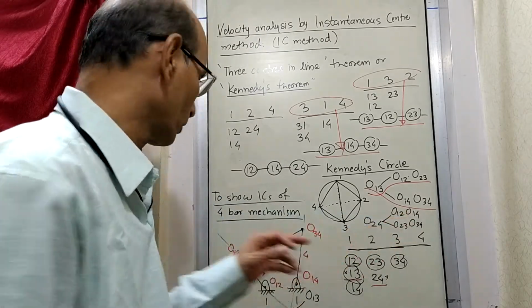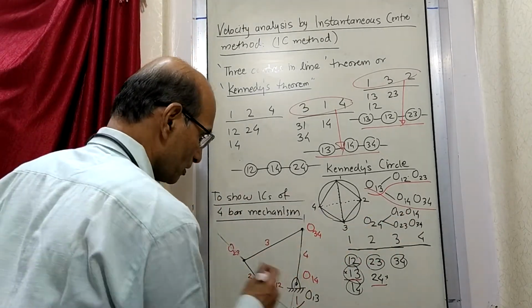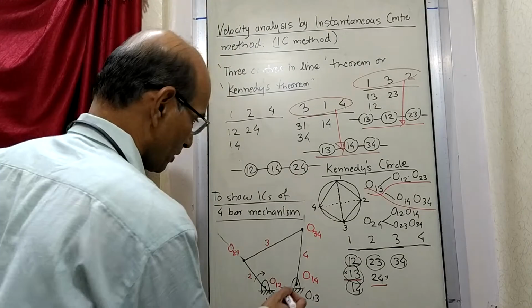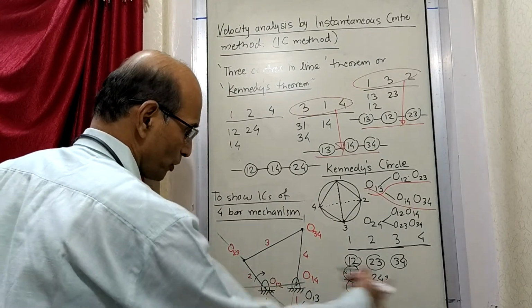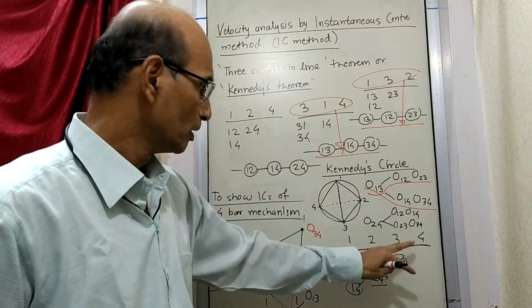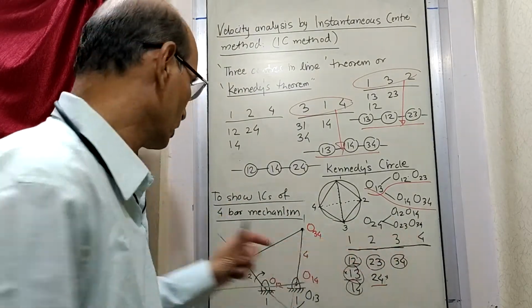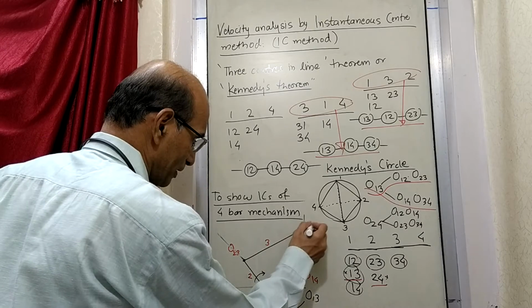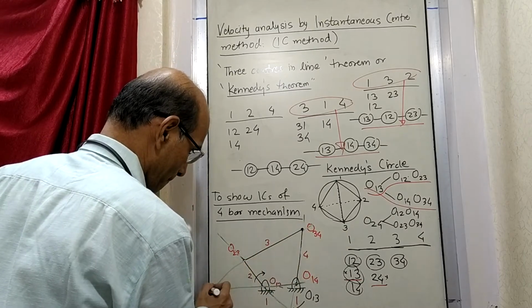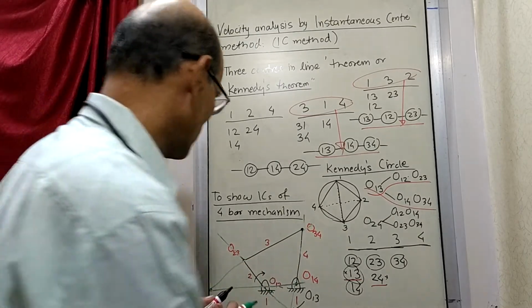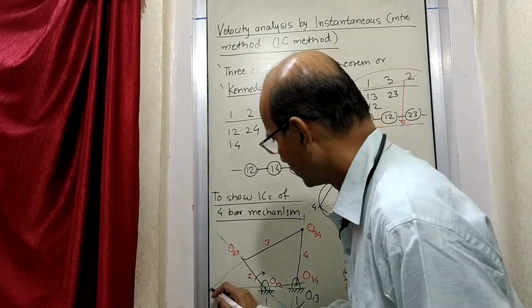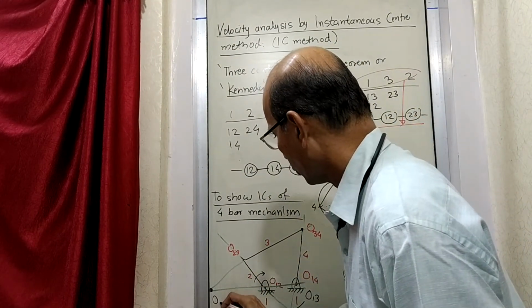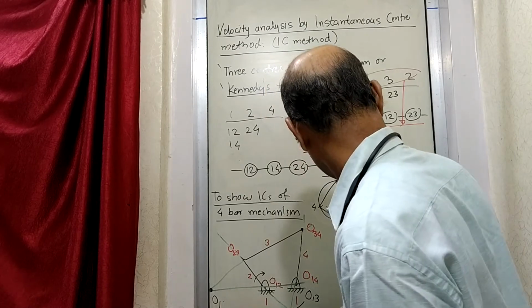So now do that. 1, 2 and 1, 4 is here, so I will draw a line. This will be the line. 1, 2, 1, 4 is joined. Next is 2, 3, 3, 4, so let us join 2, 3 and 3, 4 with a line like this. When you do that, this is the point which is going to be O24.